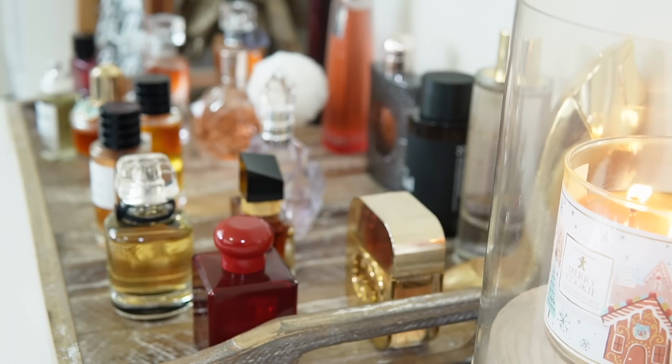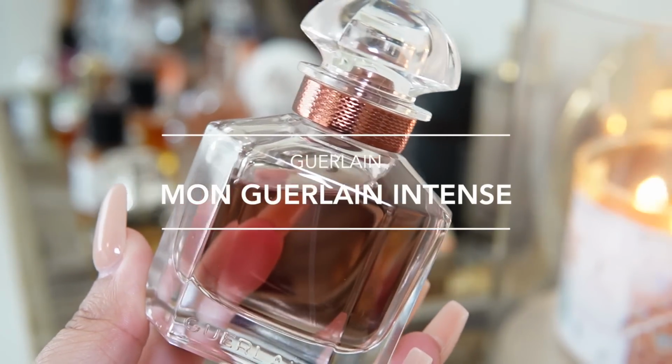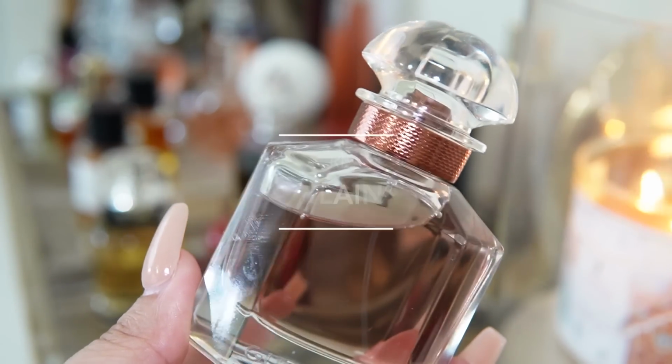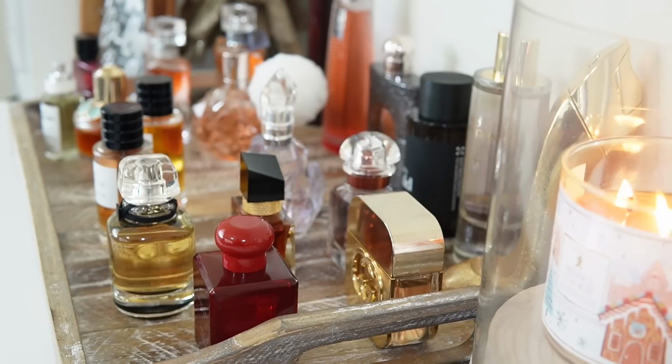Next up, I'm going to be adding Guerlain Mon Guerlain, and this is the intense version. Beautiful, beautiful version. A lot of vanilla in here, and I just love it so, so much. Next up, I'm going to be adding